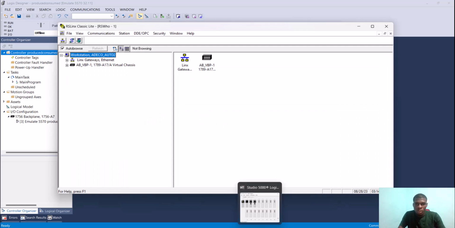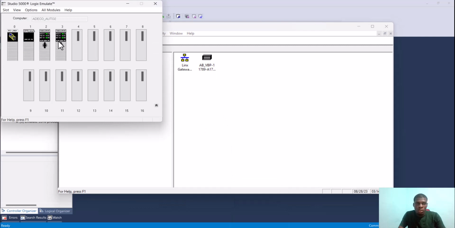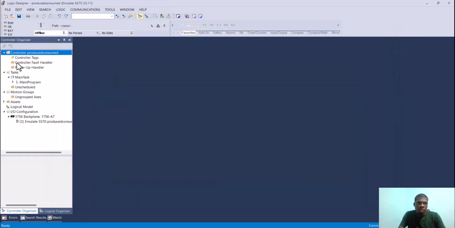So I already have my RSLinx running, and my virtual adapter. I'll be using RSEmulate. I have my two PLCs set up in slot 2 and slot 3. So the first thing we want to do, for this first PLC, we'll call this our station 1, is